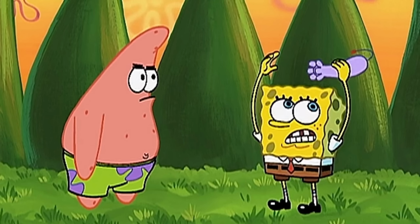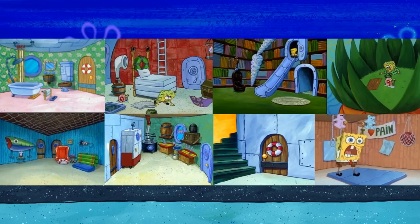And then we of course have the roof, which is seen occasionally. And I think that's all of SpongeBob's house. There isn't anything...